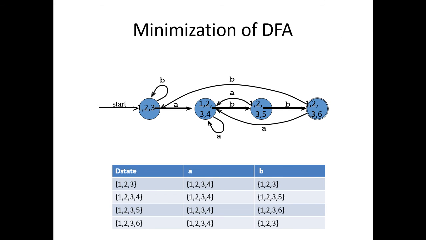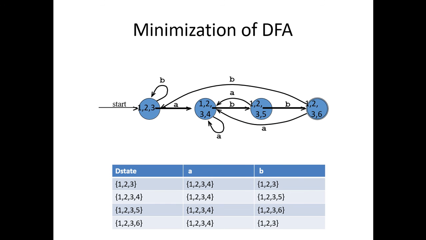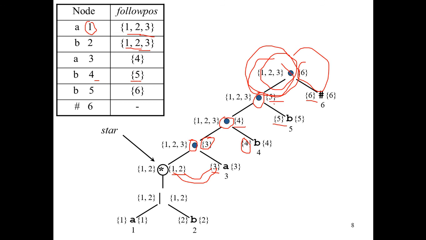Now 1 2 3, when we get an input of A, where will it go? We know that A is represented as 1 and 3. So when 1 2 3 is there, what other states can it go to? With the A symbol, when 1 2 3 is there,